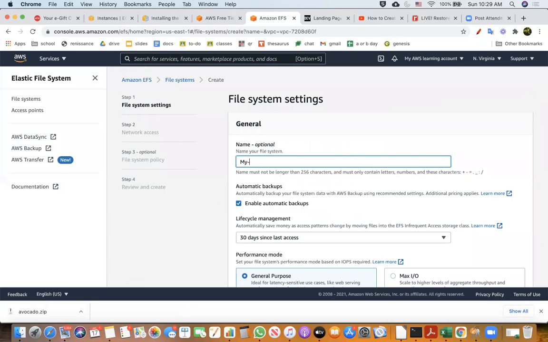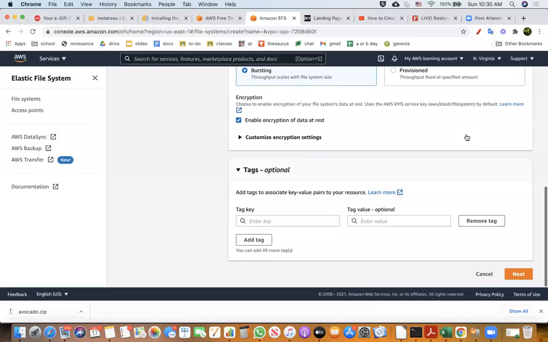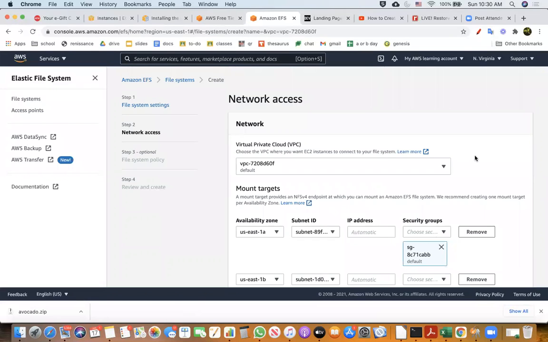So I'm just saying my EFS 01, something like that. And then I will also create a tag.